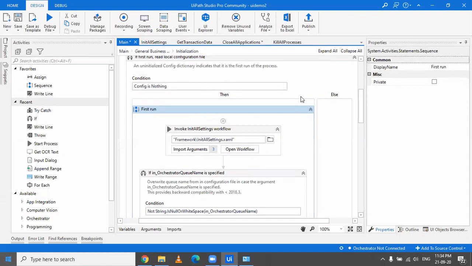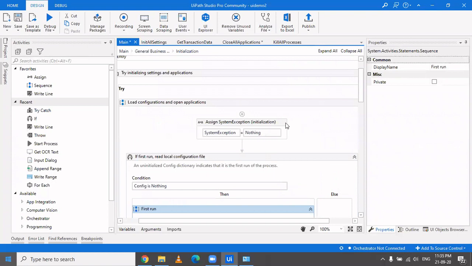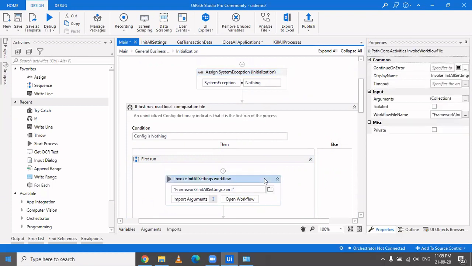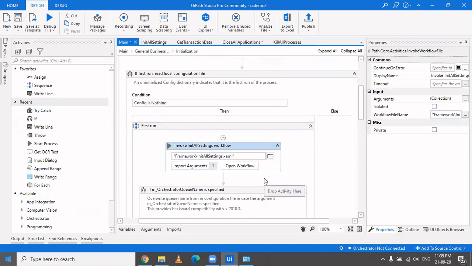Because you are retrying, so you're coming back to init state, and there's no point of reading the config again. If it has already been read once, there's no point of reading it again. But if it is the first time you're reading it, because when you start the process, you won't have anything in the config variable. Config is just a dictionary variable.